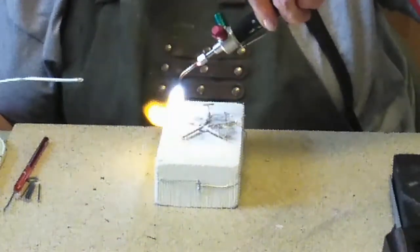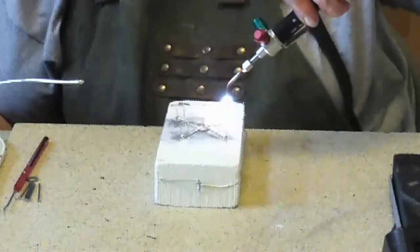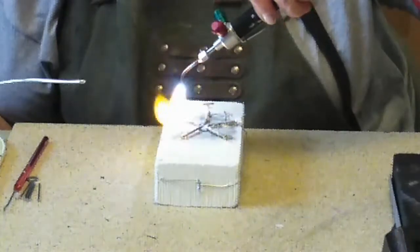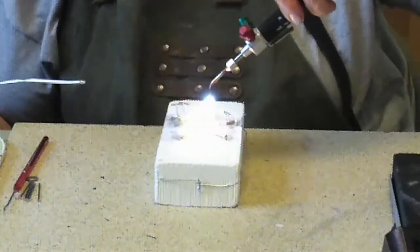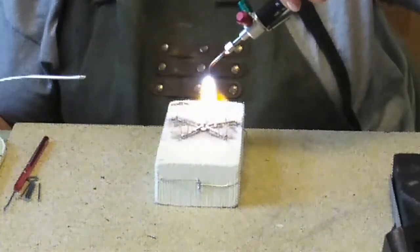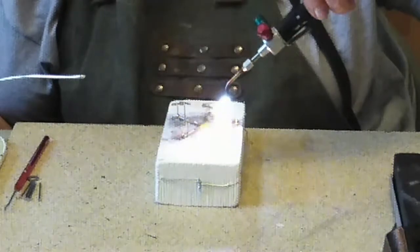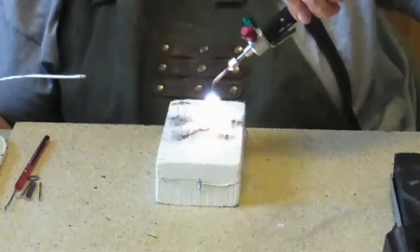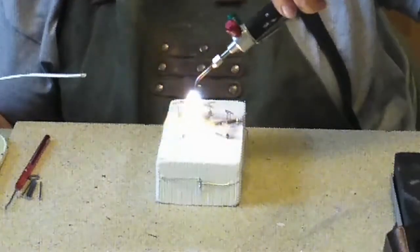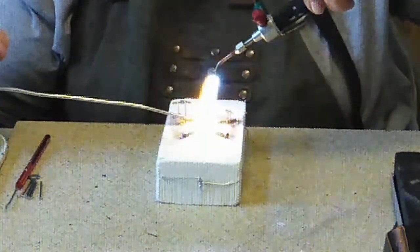Sometimes I tend to not get enough heat on my pieces when I'm soldering. And I think it comes from a fear that I'm going to just melt everything and ruin it. Because there are a lot of stories that people have been working on jewelry and have used too much torch and have melted their pieces. And that makes me very unhappy. So I'm going to